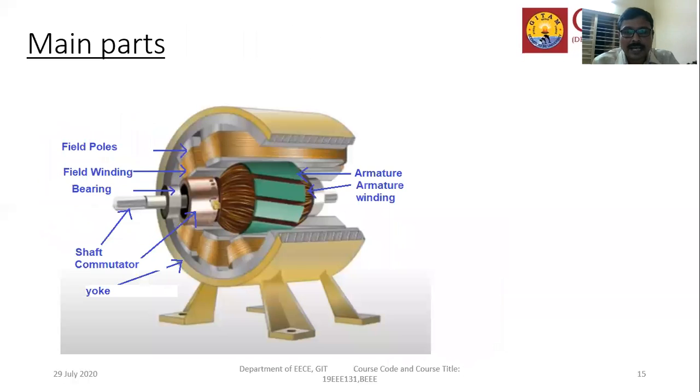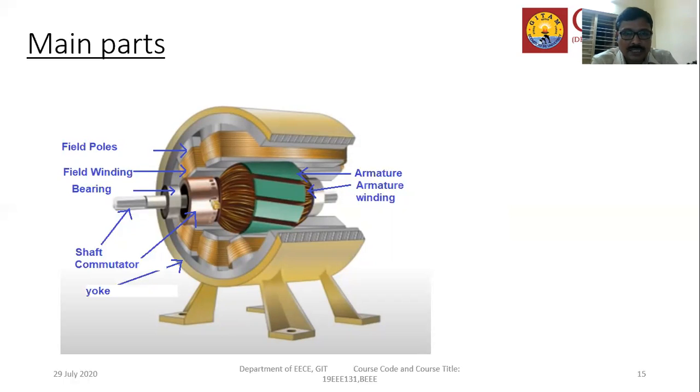That means in the actual DC machine, not a single conductor, but you will have a large number of conductors connected in series, which is called a winding. That's why it is called armature winding. Next, it has some other parts. A shaft is there to support the armature, and a commutator is there, which has its particular function. We will discuss it later in the coming classes.